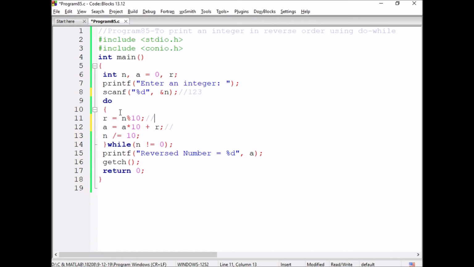So one iteration will be performed without checking this condition. First iteration: the remainder is equal to n modulus 10, which means 123 modulus 10. The remainder is 3. A is equal to A star 10 plus the remainder value; as the initial value of A is 0, it is 0 star 10 plus 3. So the final value is 3. And now n is equal to, this is a compound assignment operator, we can also write